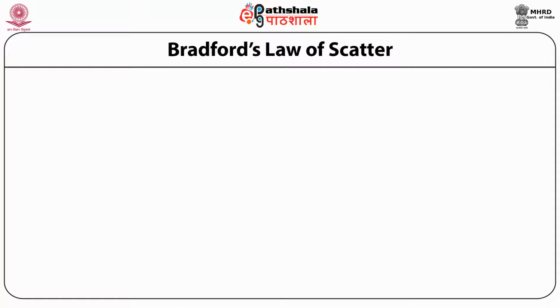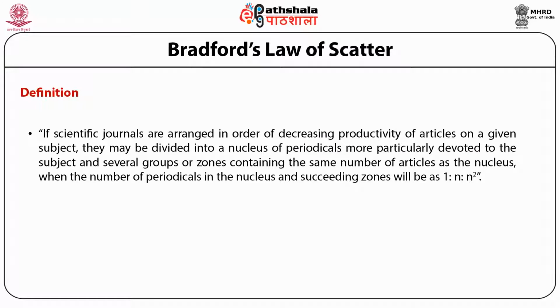Bradford law of scatter. The law is defined as: if scientific journals are arranged in order of decreasing productivity of articles on a given subject, they may be divided into a nucleus of periodicals more particularly devoted to the subject and several groups or zones containing the same number of articles as the nucleus, when the number of periodicals in the nucleus and succeeding zones will be as